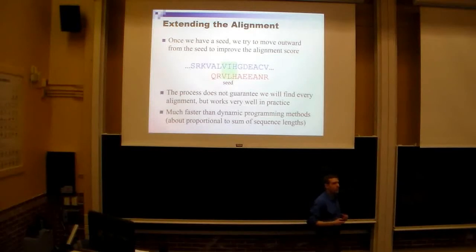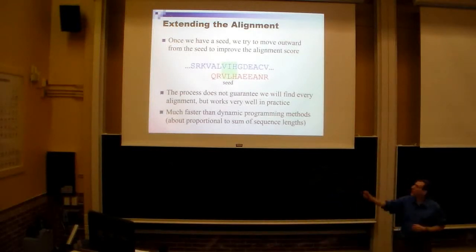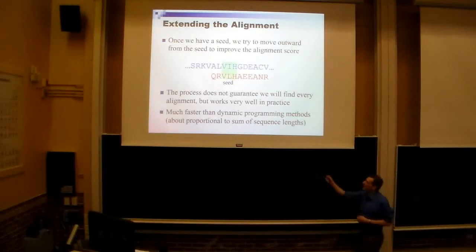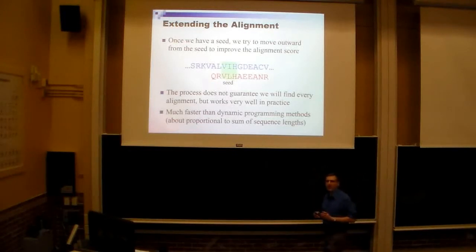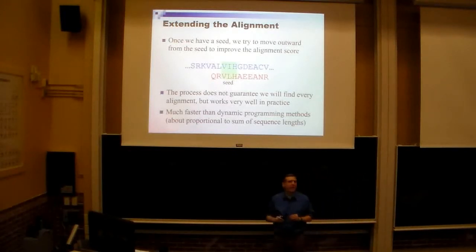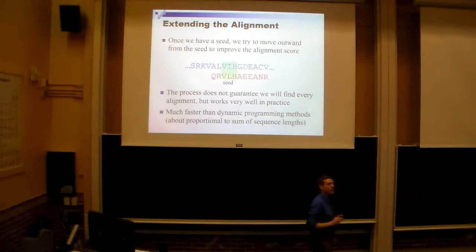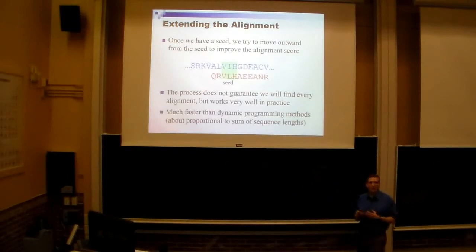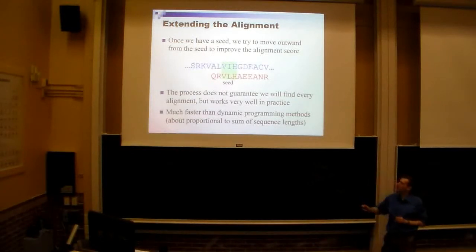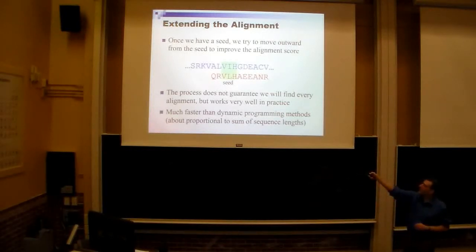And once we've gone through this, we would end up with a set of seeds. And what we hope is that there aren't that many seeds. The important thing behind the BLAST search that lets it work is that if we have a big enough seed and the seed is specific enough, then by random chance you're not going to get a lot of seed alignment. Maybe you'll get a few by random chance that aren't actually part of a significant alignment, but you hope you don't get that many, because what you're then going to do is look at all of the seeds and try